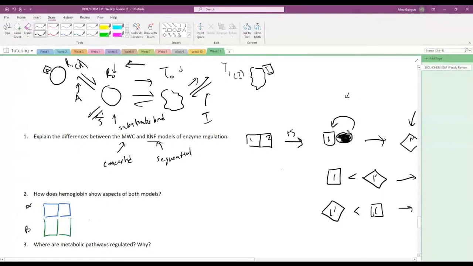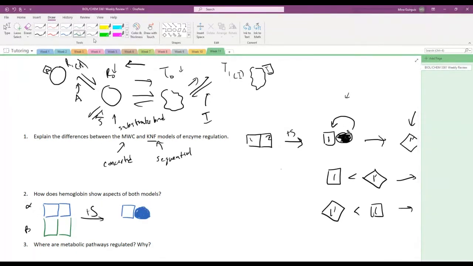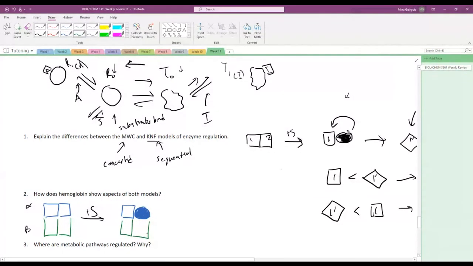The first step is a substrate binds to the first alpha subunit. So this thing is bound, and there's a conformational change in it. And then two beta subunits are normal. This conformational change in the first alpha subunit causes,